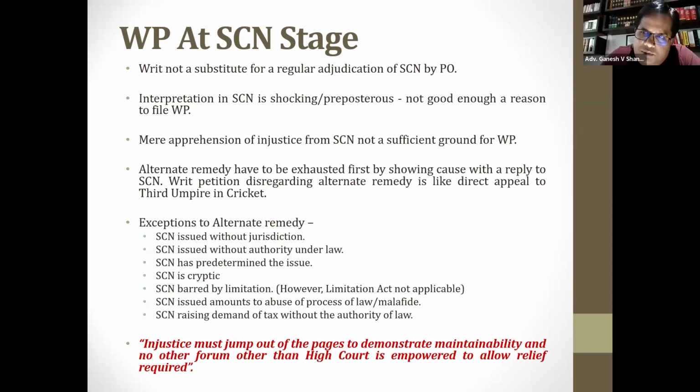If you can approach the High Court, the natural question is why go to the Supreme Court? The Supreme Court takes longer to dispose of the matter than the High Court. In the High Court, generally, I have seen your petition gets disposed of within one year. The Supreme Court takes longer. So why would you go to the Supreme Court if you have a remedy in the High Court itself?